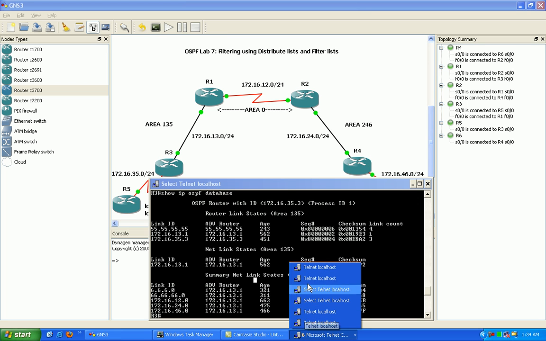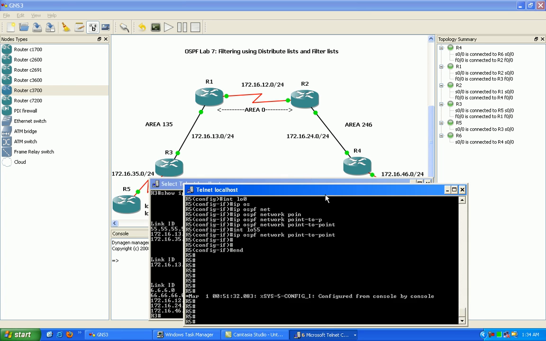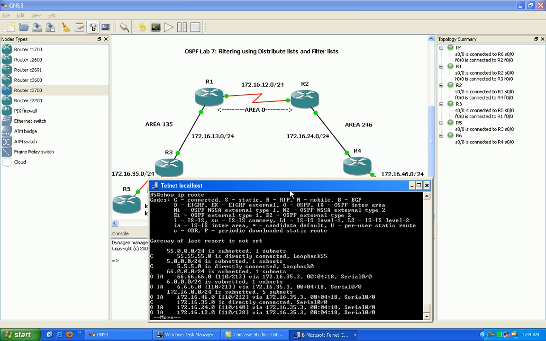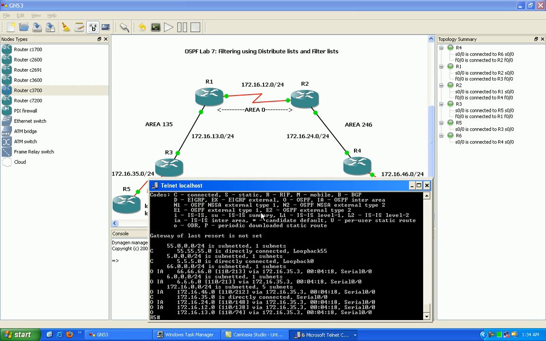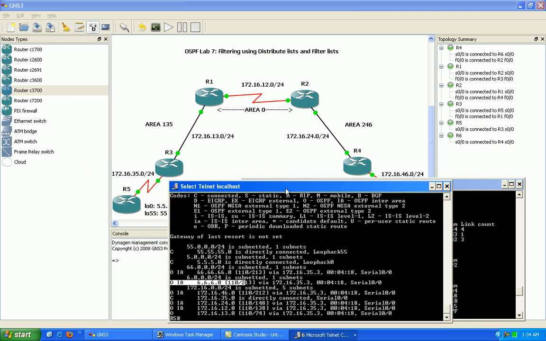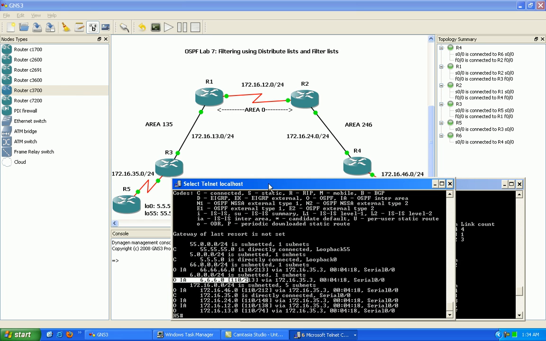Network is now being filtered on router 5. If I do a show IP route now on router 5, what we can see is that we are still seeing the 6th network in router 5's routing table. And this is because, and this is a very key point here to remember,